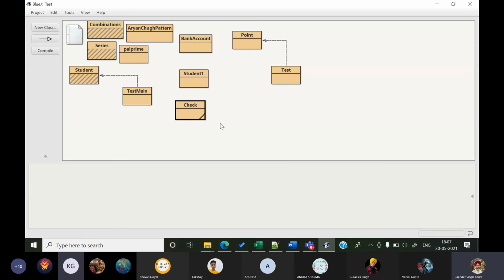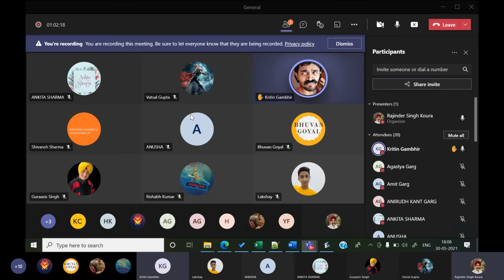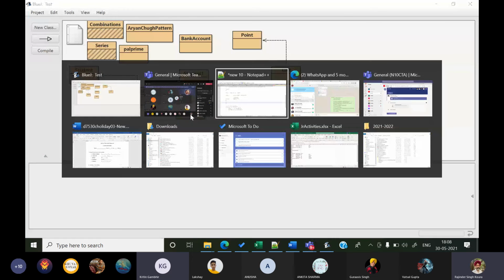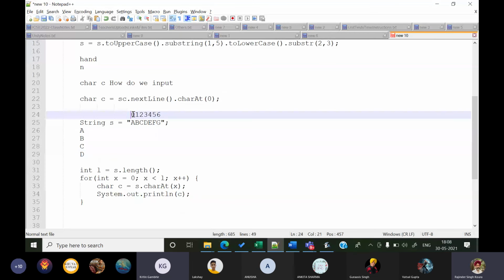Excuse me, sir. Yes, beta. Sir, while programming, sometimes I get confused. Like in this program, are we to find the position or the index? Sir, I get confused between the two. Like, using the positioning, do we have to write 0 or 1 for the character at position 1 or 0? This gets complicated. Always 0. See, let me make it clear to everybody.